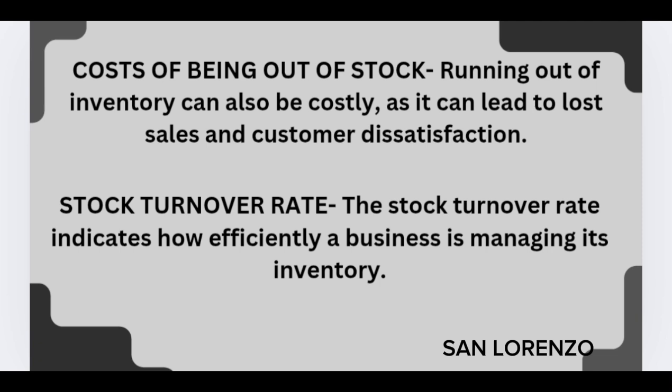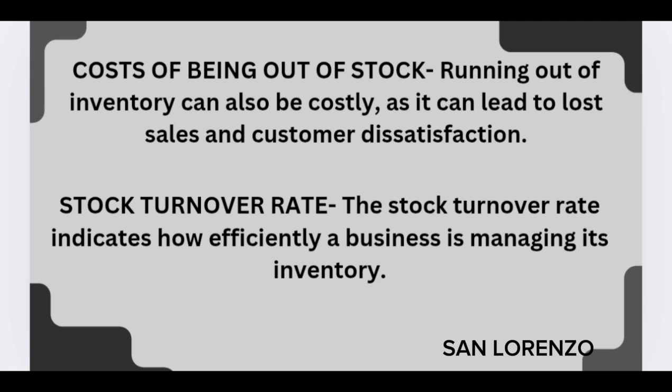Then lastly is stock turnover rate. The stock turnover rate indicates how efficiently a business is managing inventory. A high turnover rate generally suggests that inventory is being sold quickly, while a low turnover rate might indicate slow moving or excess inventory. For example, a store that sells all of its merchandise 4 times a year has a stock turnover rate